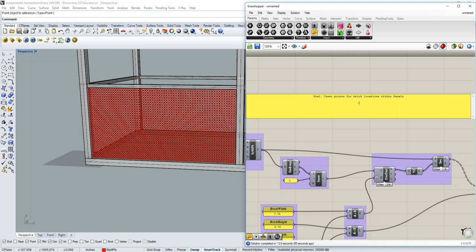Okay, and kind of our steps here: we import the 4 control points from Rhino. Create a surface from these control points. Extract bottom edge. And divide the wall height by the brick height. Intersect the panel surface, or the 4-point surface, with the, in this case they were YZ planes,